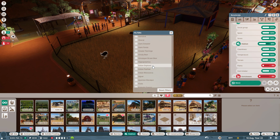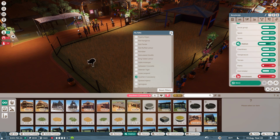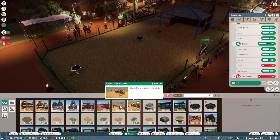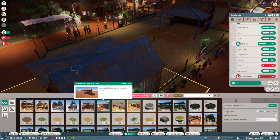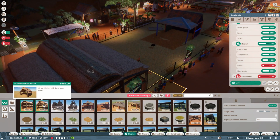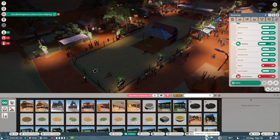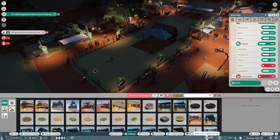Southern Cassowary. The Southern Cassowary. There we go. And I'm excited to start reading more information about the Southern Cassowary too. Yeah, there's the shelter. There's the big shelter. Actually, even though we just did all that work on the side there for having it near